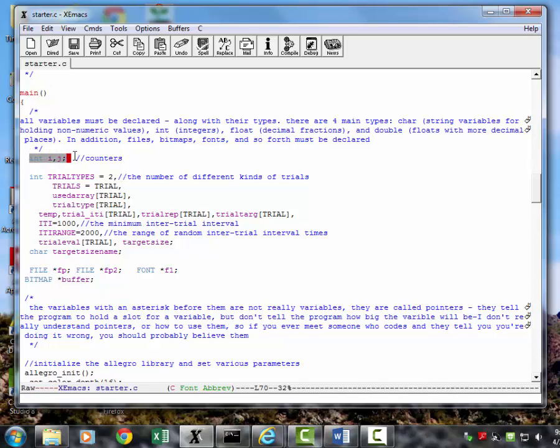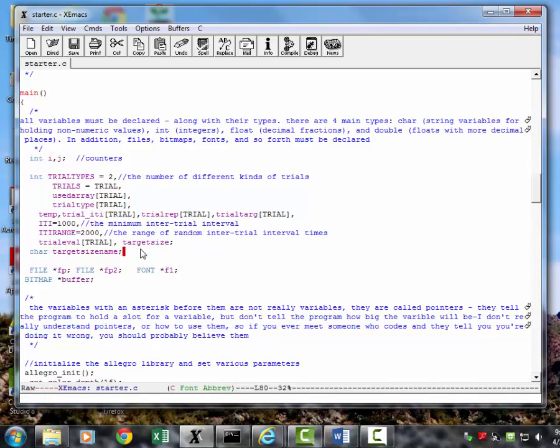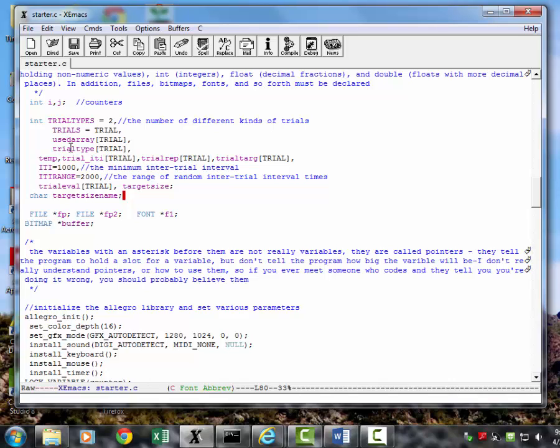Here we have variable definitions, or declarations, I should say. We define some ints i and j to be counters. We define then some more ints to be other stuff, some character variables. I don't think I have any float declarations here, but a float variable is just a variable that is a continuous variable, so it has a decimal place, like 3.7, 4.2, those would be float numbers, as opposed to integers, which have to be whole numbers, like only 1, 2, and 3, not 1.5. All right, and then some other things,